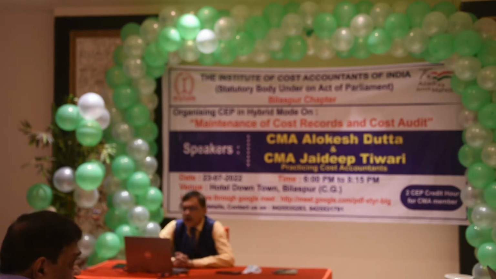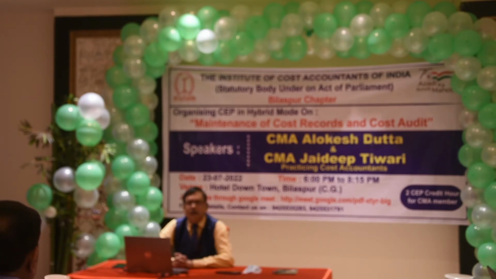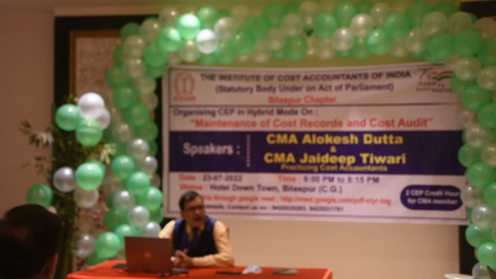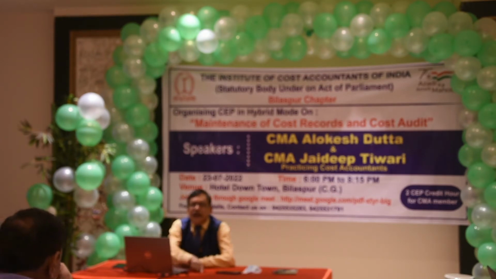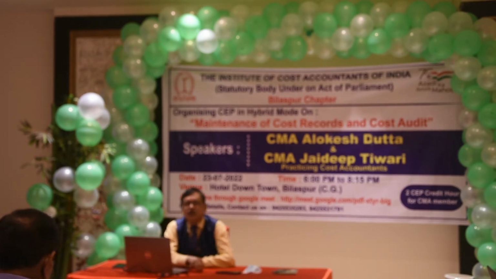Number three, record keeping system and ascertainment of true cost of production. You have to certify true cost of production in your audit report. So, be very careful that it should not be missed. If there is any element which in your opinion should not be part of the cost or should be part of the cost, don't hesitate to raise this and compel the company to adapt to your decision.